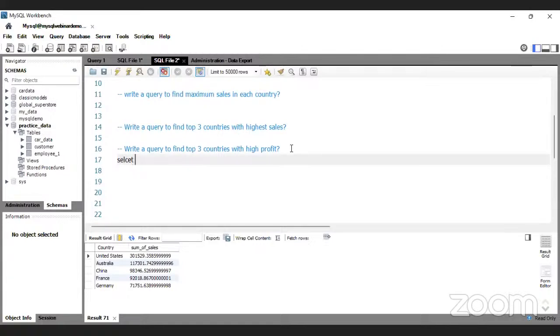So we just have to use a select statement. Oh, sorry, the spelling is wrong. So I have to use a select statement. I want the top 3 countries with highest profit. So let me take country and I'm trying to apply, I want the highest profit. Let's see, sum of profit. Or instead of sum, let's try to find an average. Average profit, average of profit, and